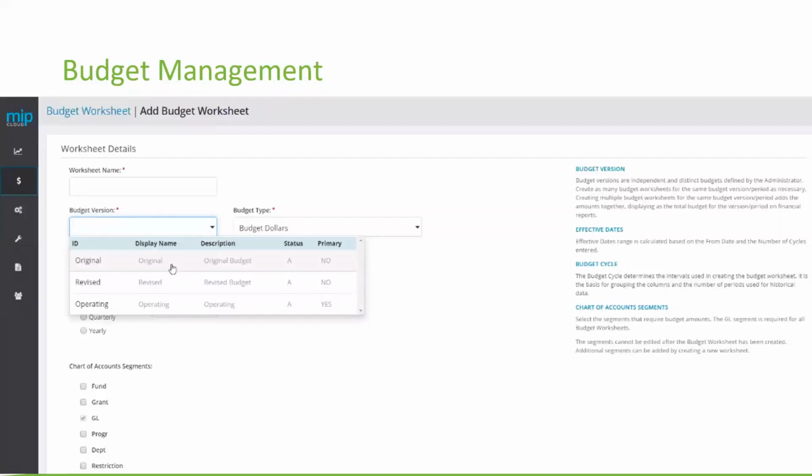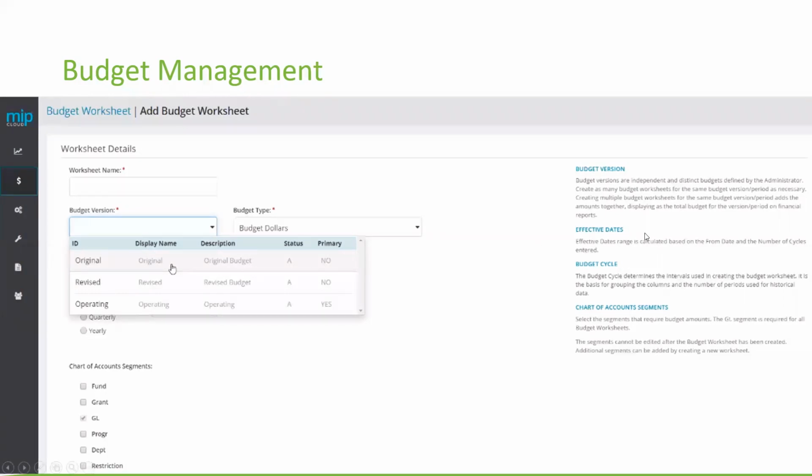Well, this is another reason why we love MIP. MIP lets you control your level of involvement, and I'll get to that here in a sec. But really, I love using the interface to create a budget. As you can see here, I can either work from an original, I can select a revised, I can even select between operating and actual budget worksheets.